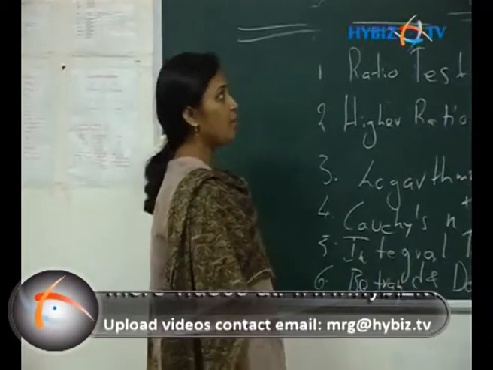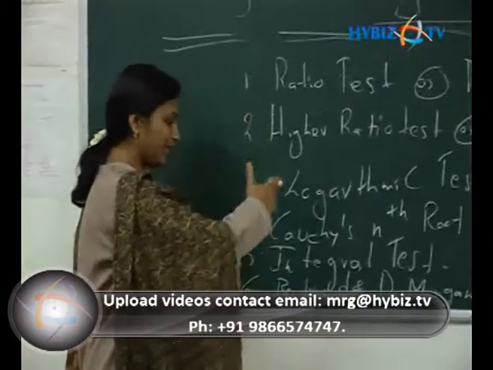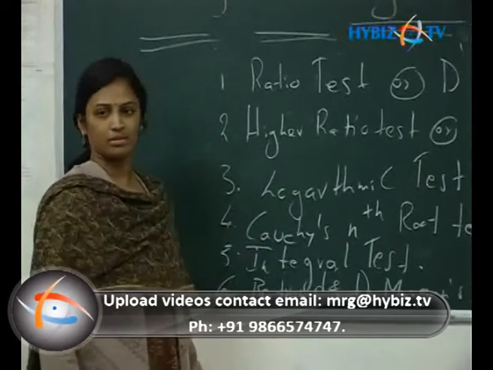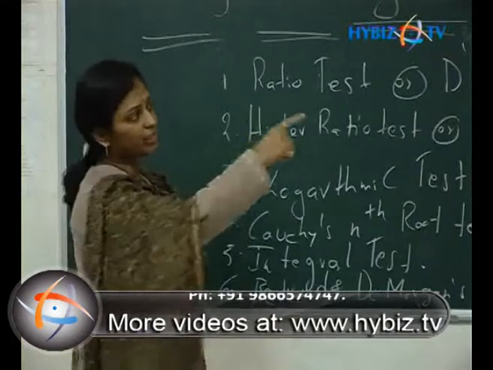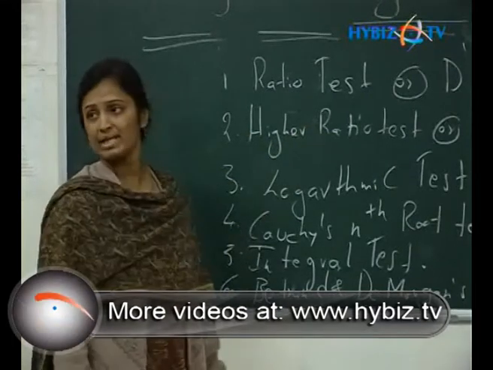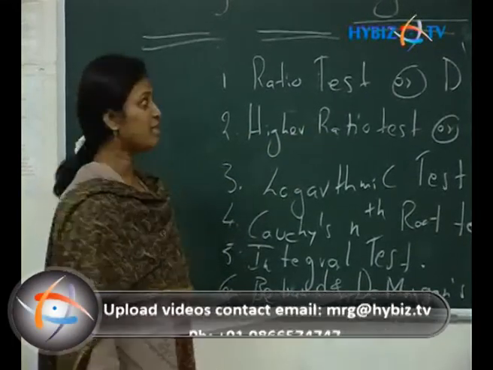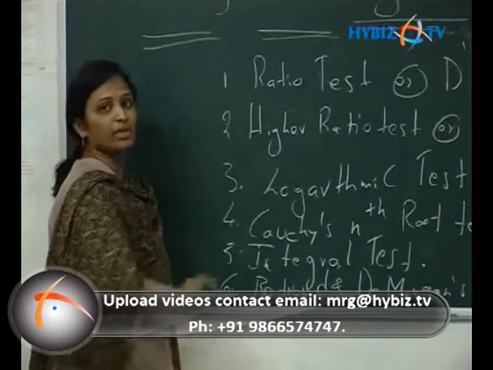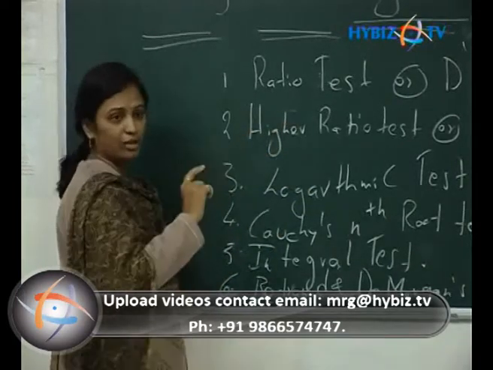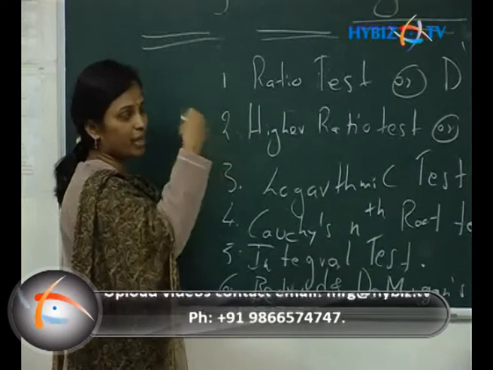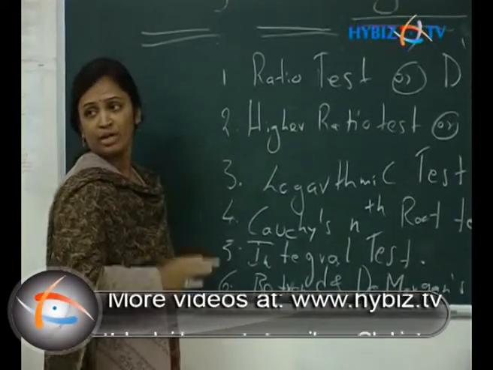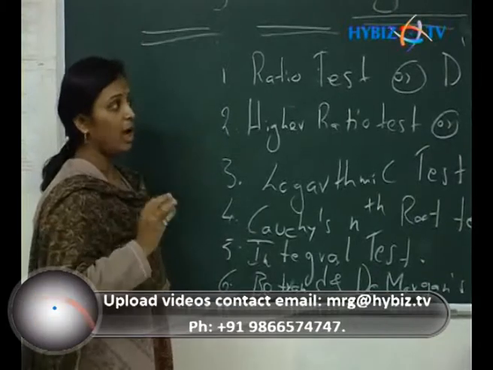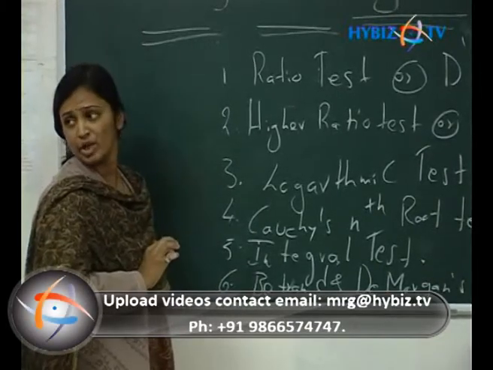Now you are going to take these six powerful tools, which do not depend on the explanation of the comparison test, the first and foremost method in the test for convergence. But why are you not taking it? Because we are not getting confirmation of the solution. Now the first one, ratio test or D'Alembert's ratio test.